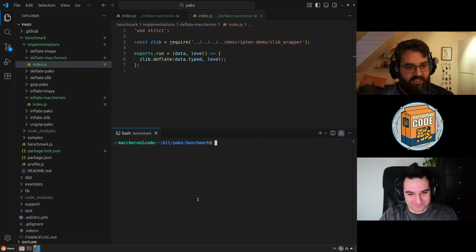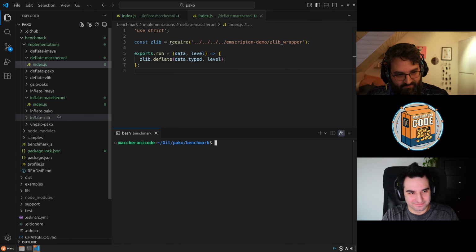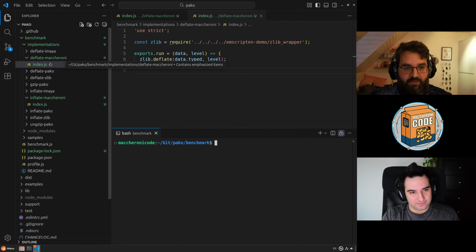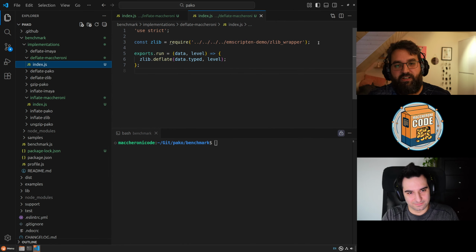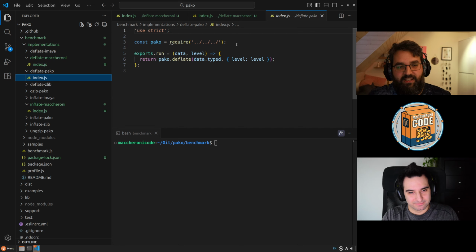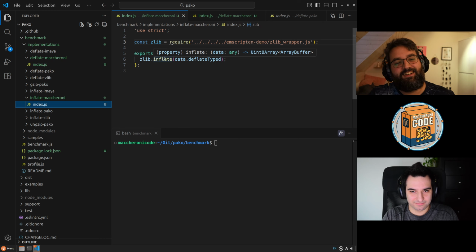Yeah, and then let's go to Pako. So we're not going into details of how Pako works and everything, but if you want to add the benchmark in the available benchmarks of Pako, you just build these two folders, one for deflate and one for inflate. So we just created a deflate macaroni, which is our implementation. And this is doing nothing more than just loading the library that you just saw and calling deflate. This is exactly the same as the Pako implementation. In their case, they are loading the Pako implementation and calling it. So we're doing the same thing with our implementation, and inflate, you guessed it, same thing. We're calling our inflate version there.